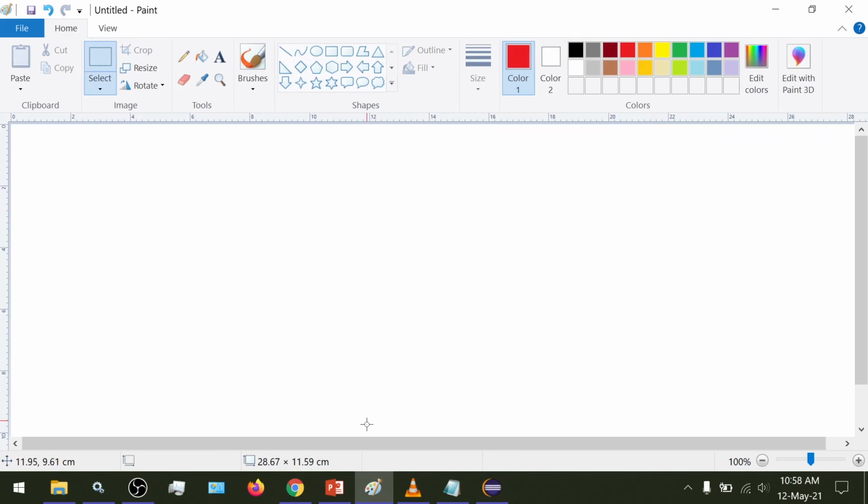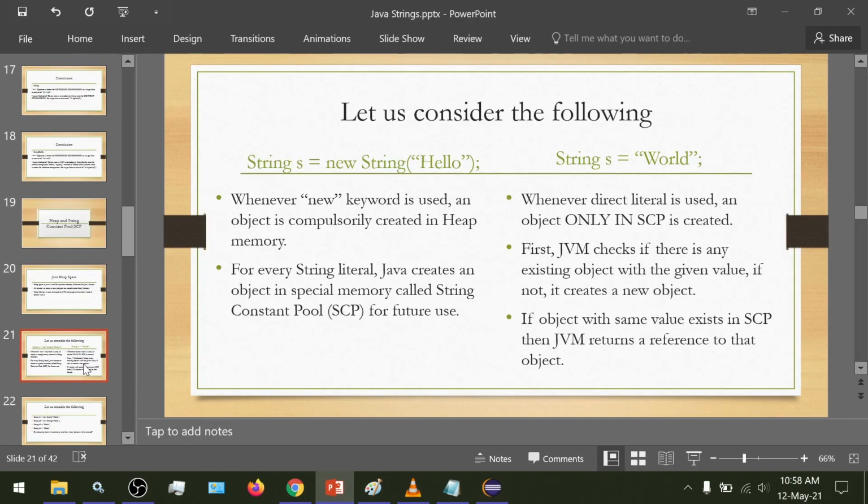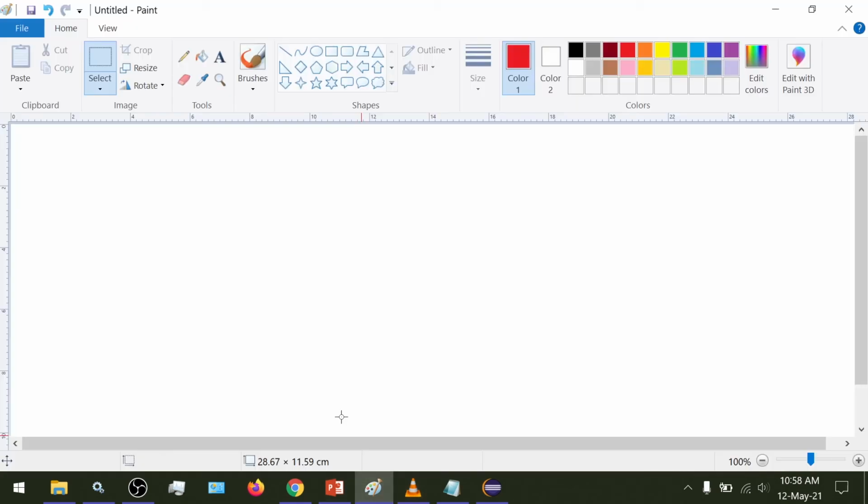So now that we have understood what heap space is, let's move on and consider the following two declaration methods of string.